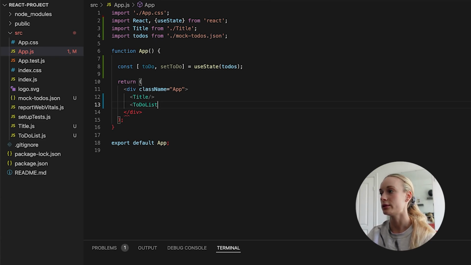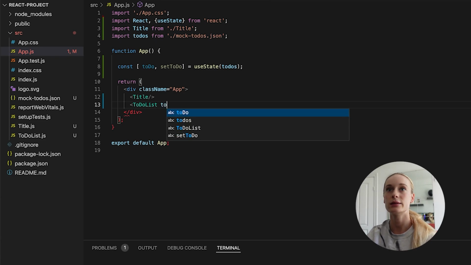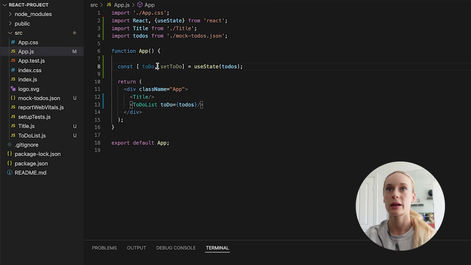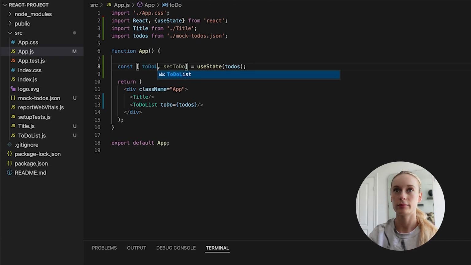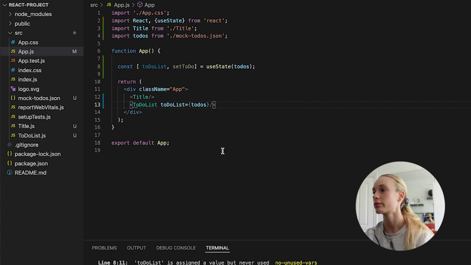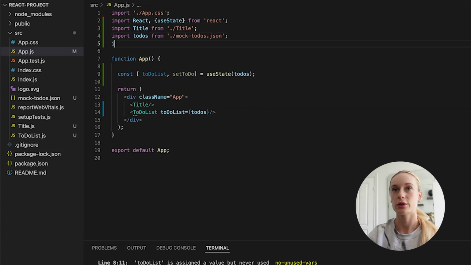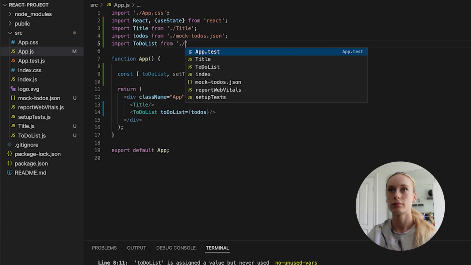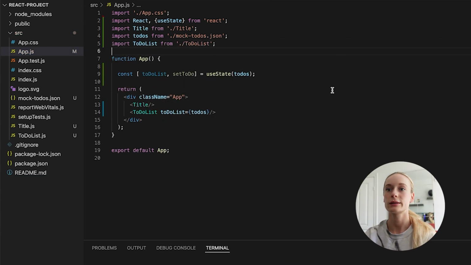And that will contain the to-dos. Okay, I feel like this needs to be to-do list. There we go. And we have to make sure to import this new component, to-do list. Perfect. Now, if we go back into our to-do list component, we actually need to map over the to-do list